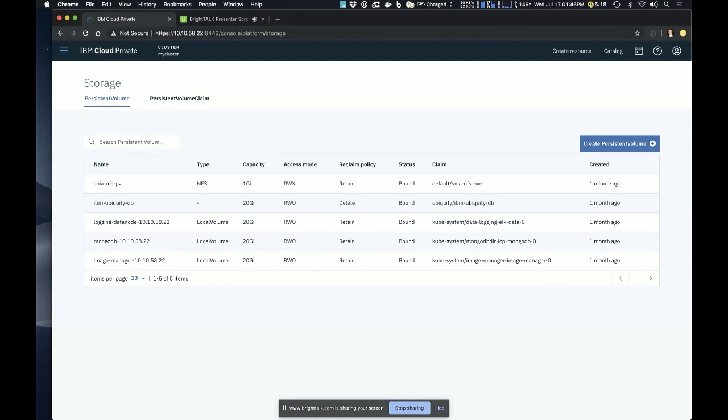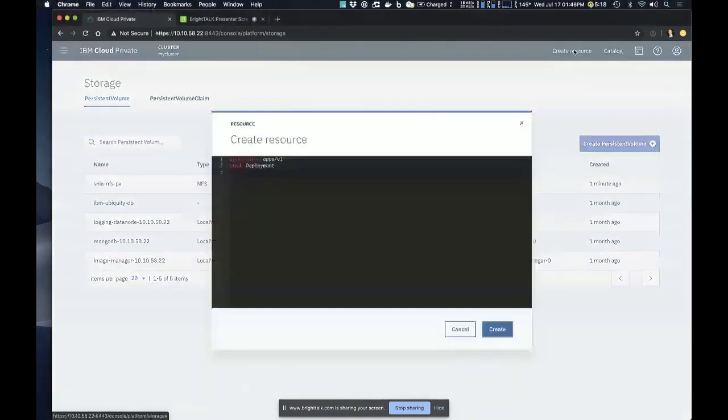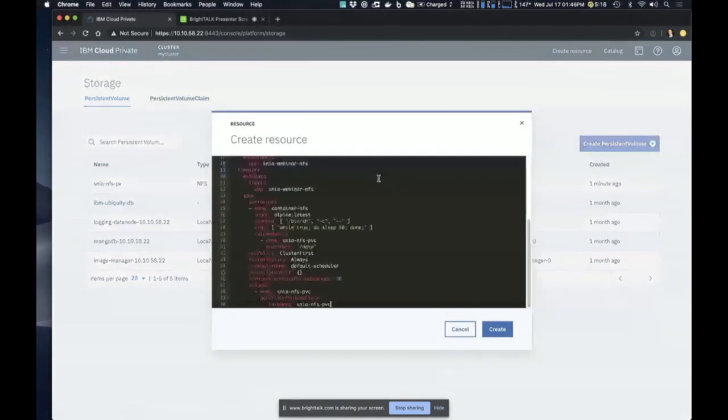So the next thing I want to do, and this is a lot of text in here, so sorry, is the easiest way for me to show creating a container. Here at the bottom, from this deployment, I'm giving a persistent volume claim with the claim name of this.